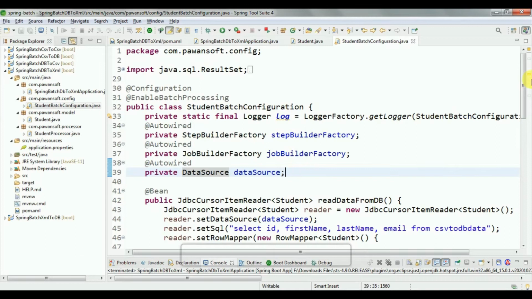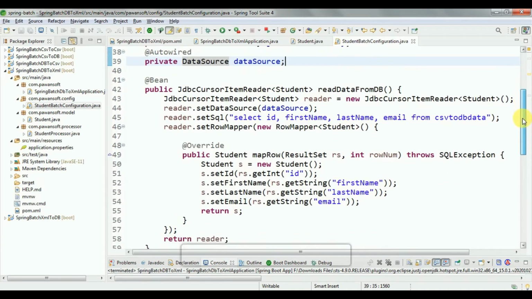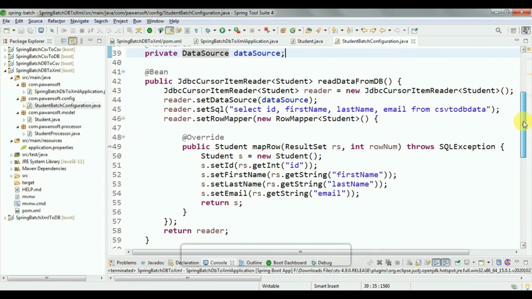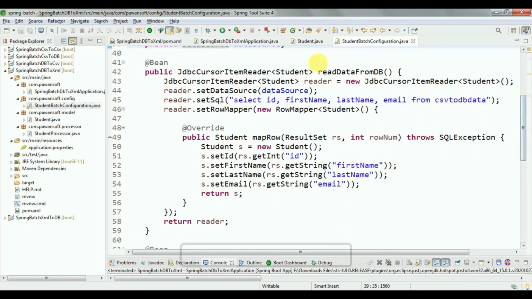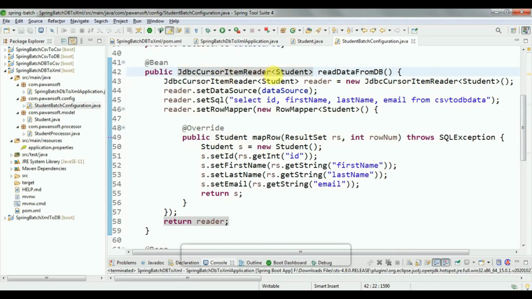Then to read the data from the database, you have to create the bean JdbcCursorItemReader. With the help of JdbcCursorItemReader, we can read the data from the database.